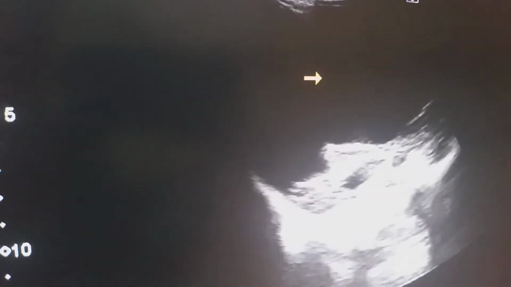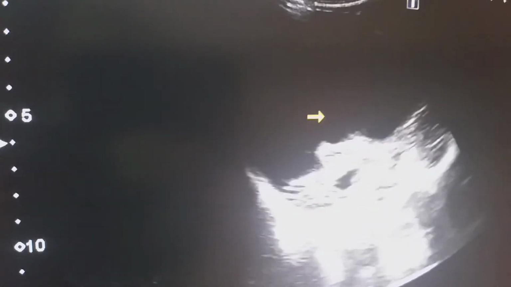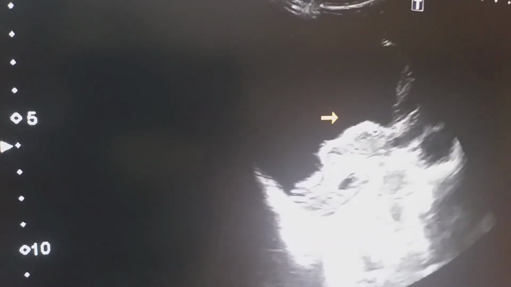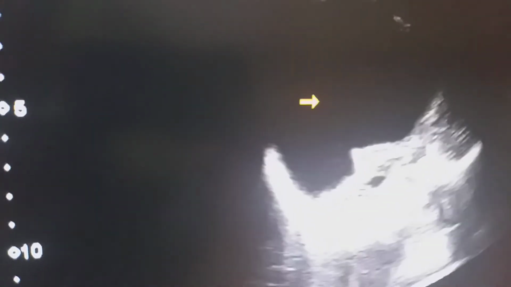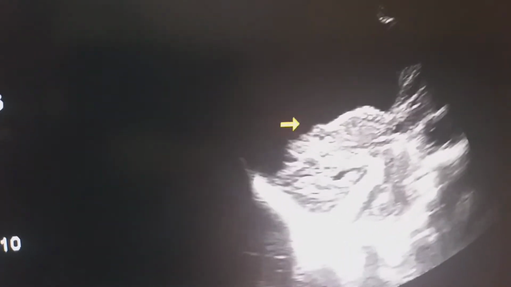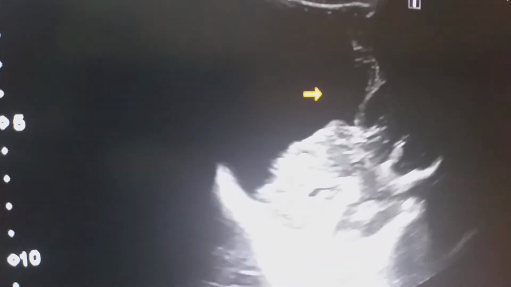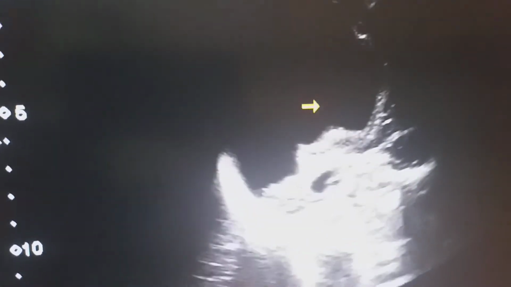And what should be this cystic lesion? The most common anechoic, CSF echogenicity lesion is the arachnoid cyst. So most likely it is the arachnoid cyst with differential of epidermoid cyst, which is less likely. So in my opinion, this is likely the big arachnoid cyst within the middle cranial fossa that is causing obstructive hydrocephalus and mass effect over the adjacent brain parenchyma.